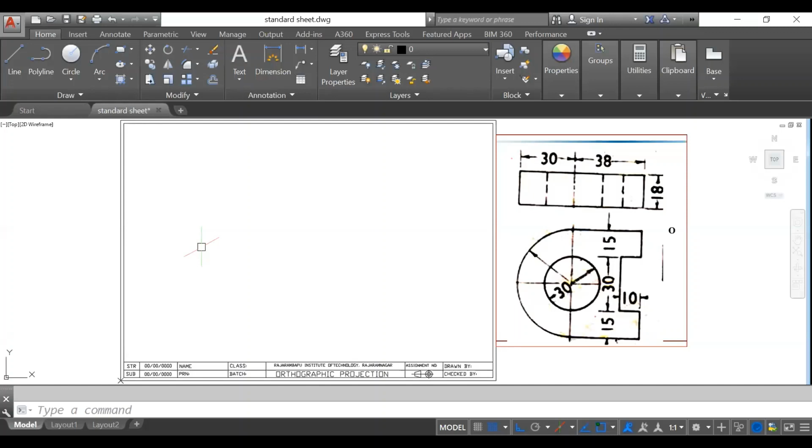If I have given a distance of 5 mm, the cursor will not move in between. It will move to points, meaning 5 to 5 in the diagram. Suppose I want to move only 4 mm, if I click on 4 mm, it will not pick up that 4 mm point. It will directly pick up 0 to 5, 5 to 10, 10 to 15. Likewise, the points will be picked up. So that's why we have to turn off this snap mode, and then you have to draw.